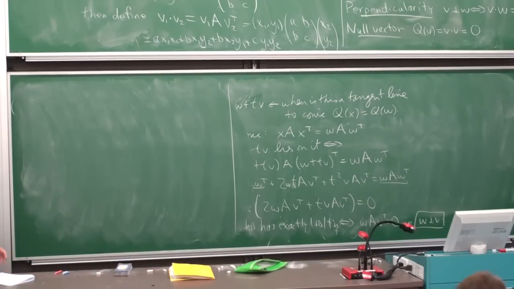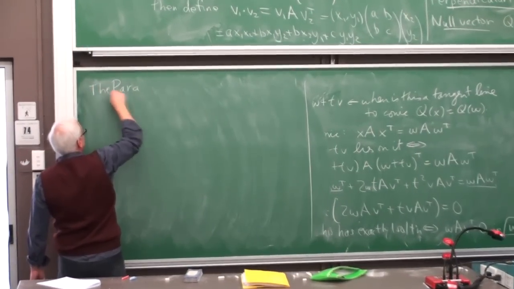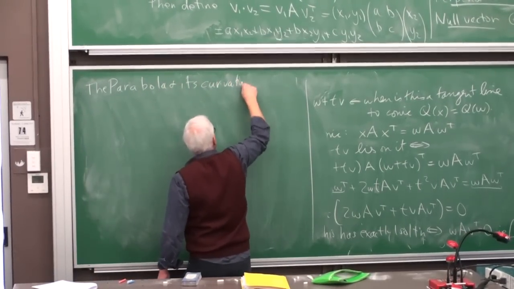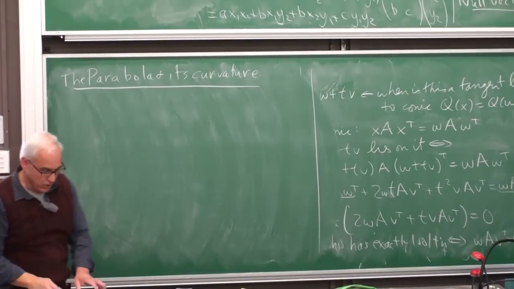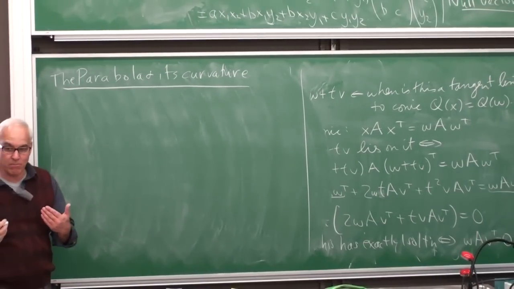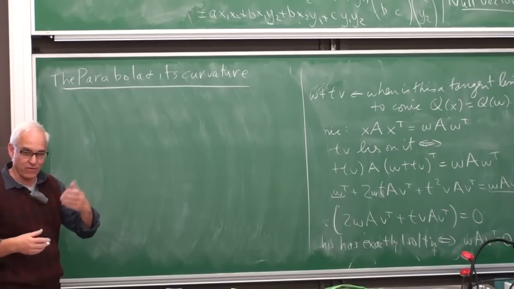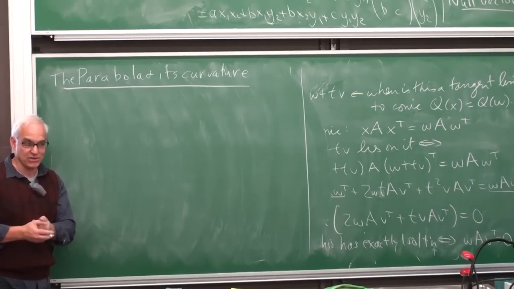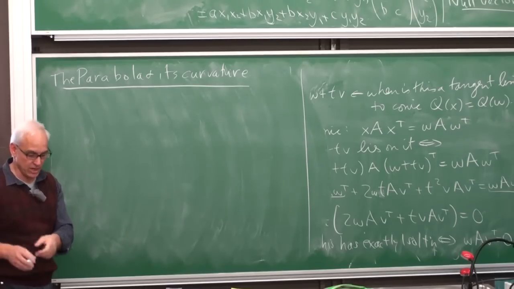Okay, so now I'd like to go back to a very simple thing initially. We want to have a parabolic view, let's say the parabola, and its curvature. Okay, we're going to be adopting a somewhat non-standard view of curvature, and it's going to be all based on parabolas. The standard view is that circles are the essence of curvature, but our point of view is going to be that we're going to shift towards parabolas instead, and that will allow us to generalize curvature in a better way to higher dimensions.